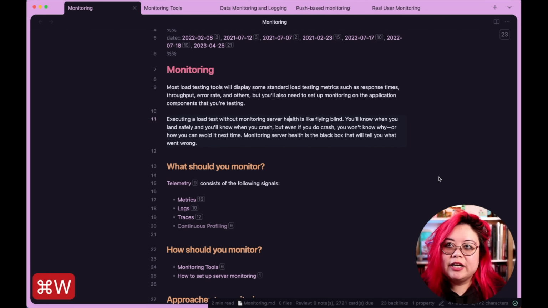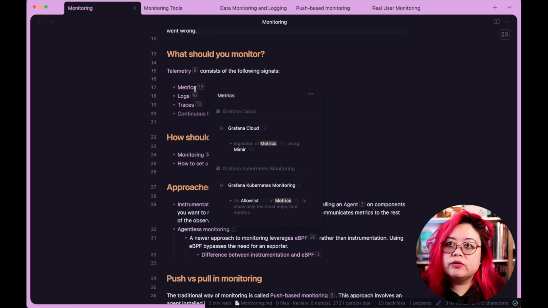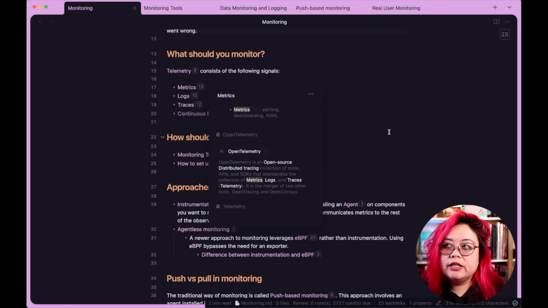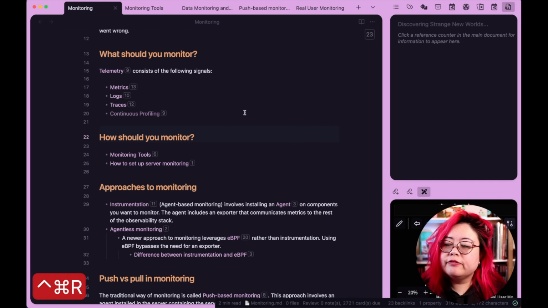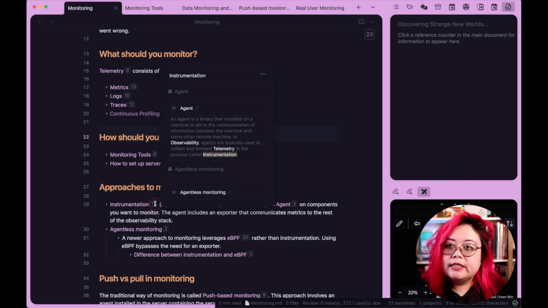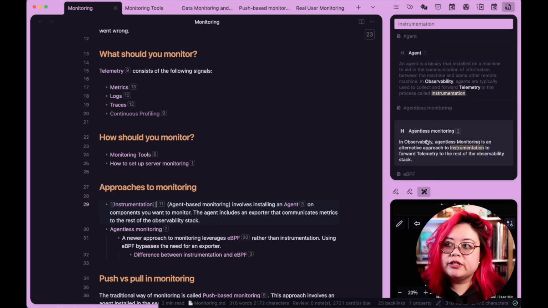But it is kind of nice just to scroll down this page and see what things I'm mentioning, along with a number of pages that are linking to it. So I can see that there's a lot that's already looking at metrics. So I can scroll down here, or there's also a tab here for Strange New Worlds where I can click on something, let's say instrumentation, and it comes up in here as well